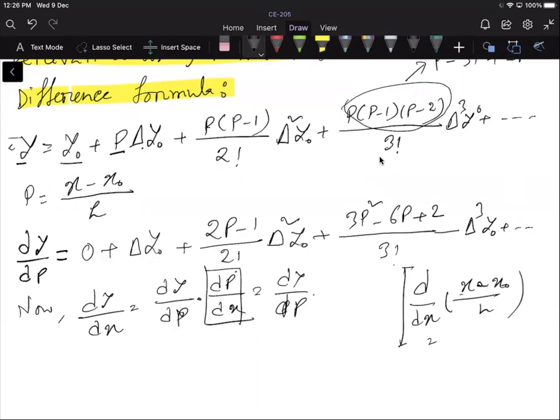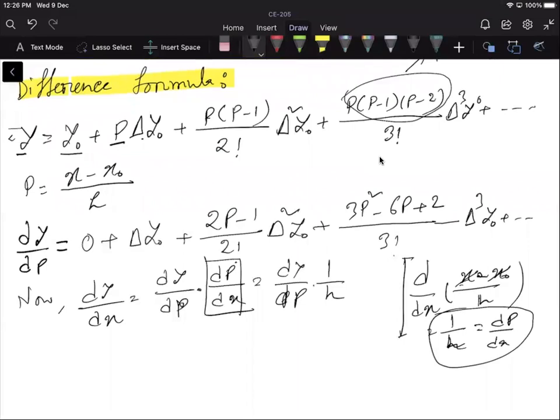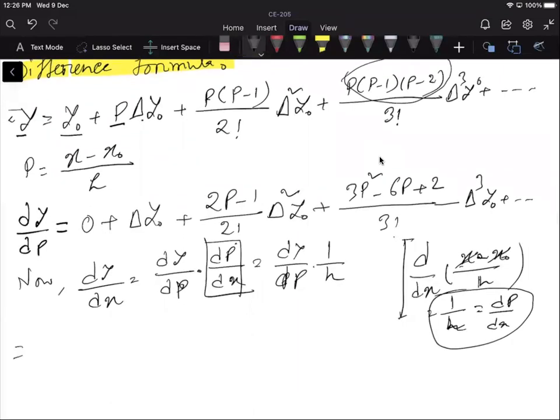Here x0 is a constant, so its derivative is 0, x gives dx/dx, that is 1, and h is a constant, so we get 1/h. That means dp/dx is 1/h. Putting 1/h here, finally dy/dx is 1/h times this expression: